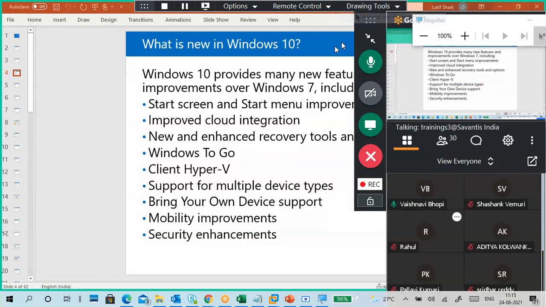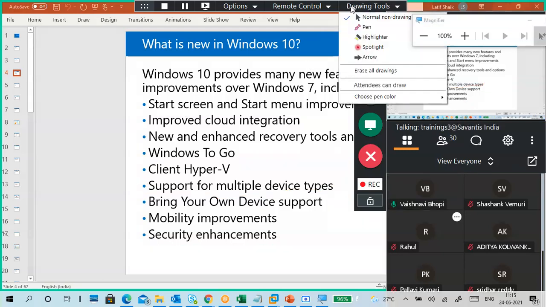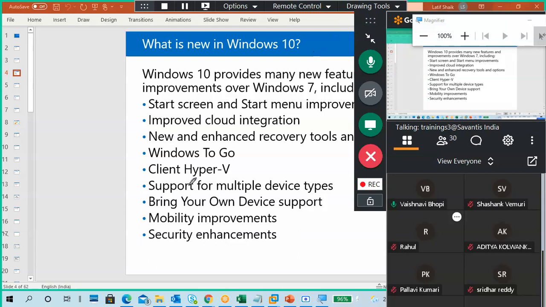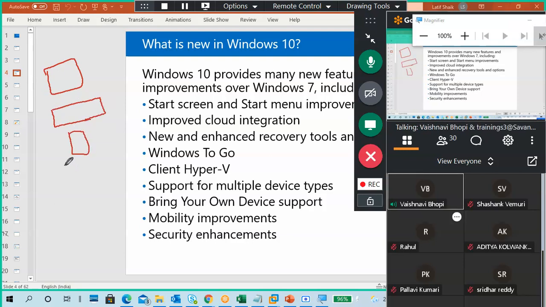Multiple devices means support for USB, mobile phones. Windows 10 for desktop, laptops, mobile phones, tablets, including IoT. Okay, IoT also there. Windows 10 IoT is there.